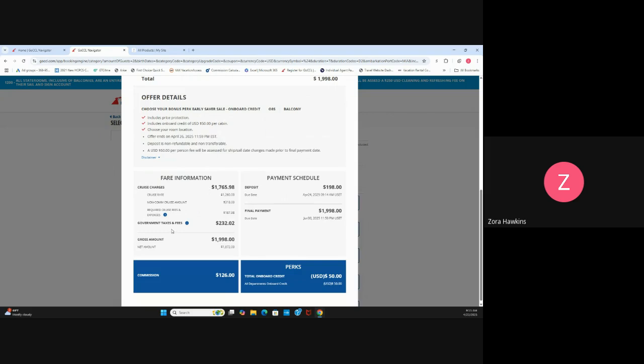Your fare information. So pretty much everything we just went over at the top is listed here again at the bottom. All right,